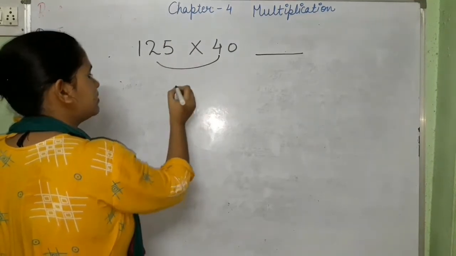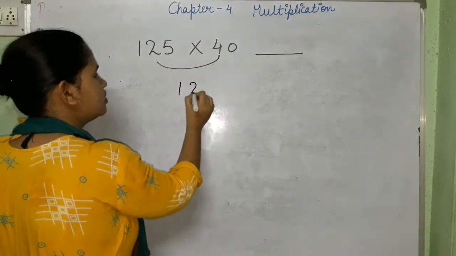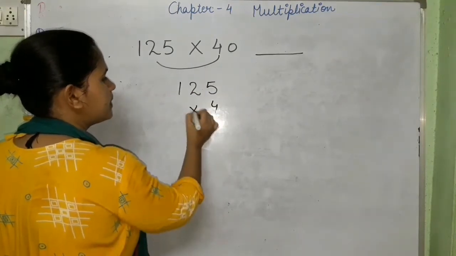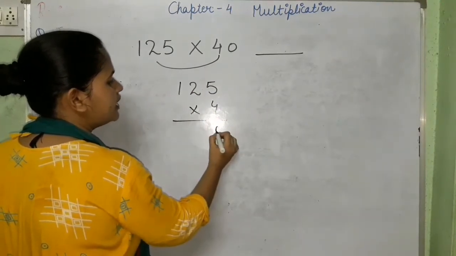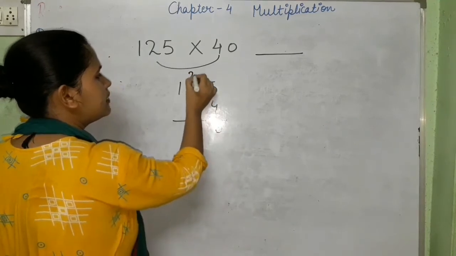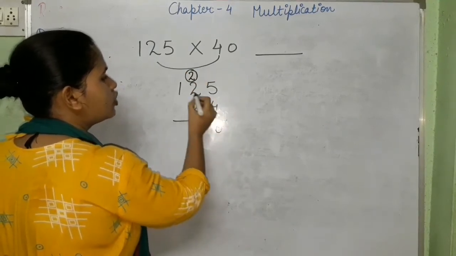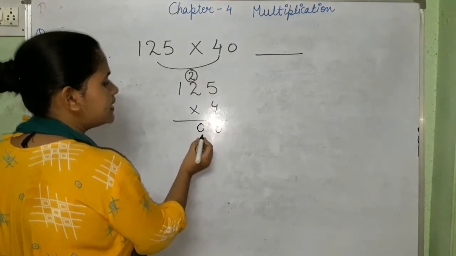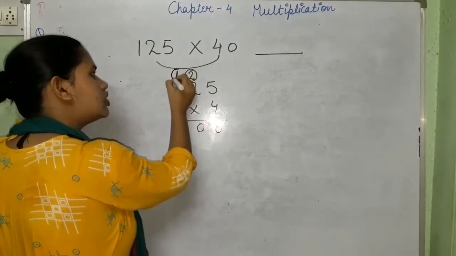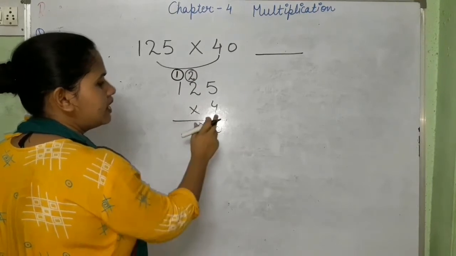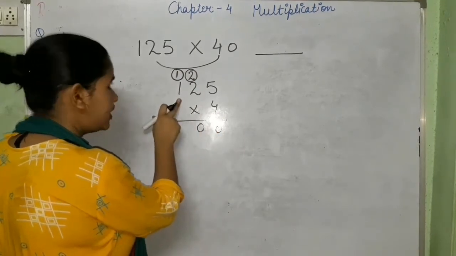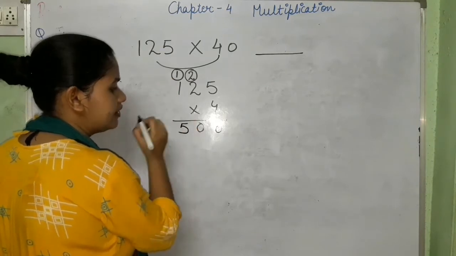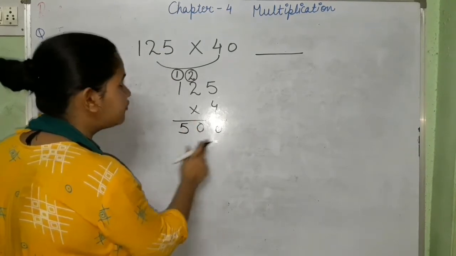Okay, we will do it here for you because I know this one is going to be difficult. I will only take 4. Right? 5 4s are 20. 0 will be here. 2 will go to the upper 2. 4 2s are 8, and 8 and 2 is 10. 0 will be here and 1 goes to carry to 1. Then 4 1s are 4 and when we add the carry it becomes 5. Right? Now we have 500.